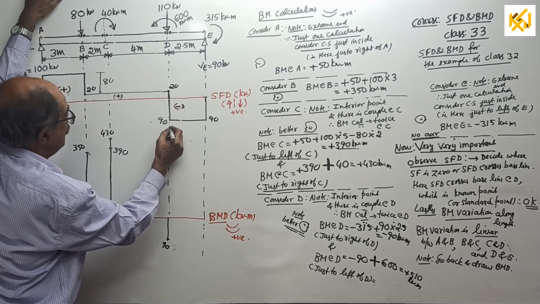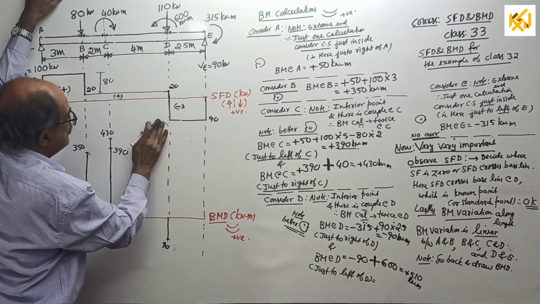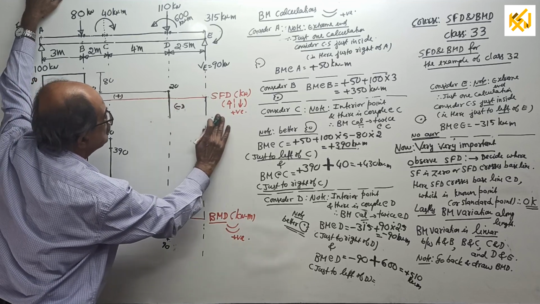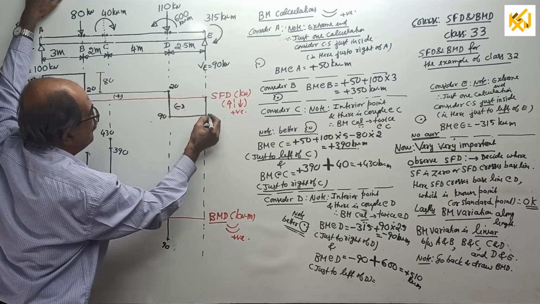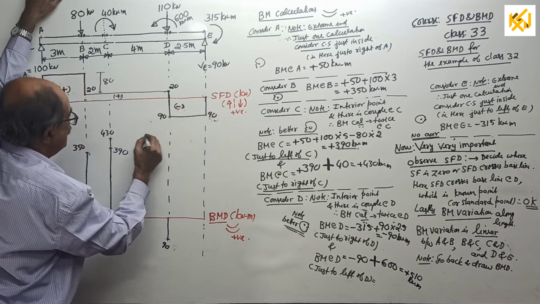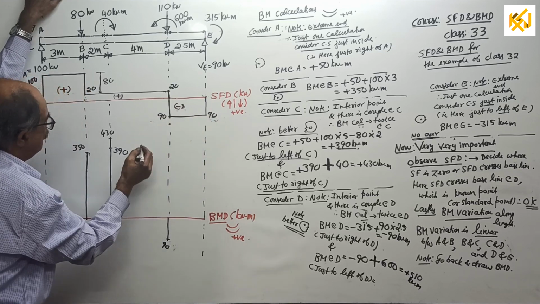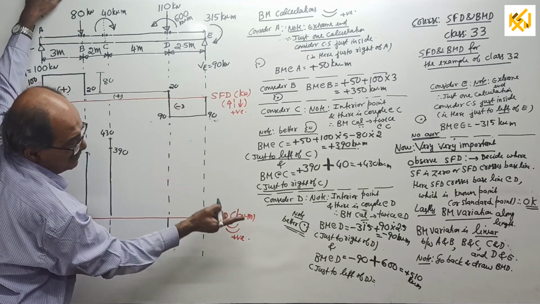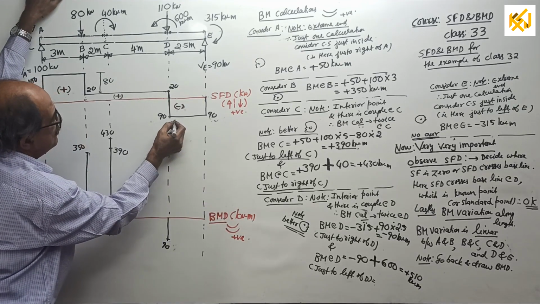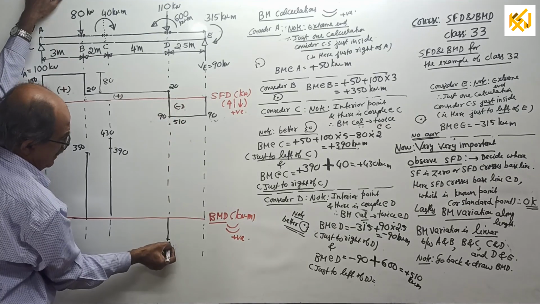Oh, space problem. I will try to go. That 90 I will remove. I will slightly reduce this one. Why? Space problem. Sorry SFD, you are slightly modified. Okay, at least here, what to do? Further not possible. How much is it? Where is it? 510. This is 510. And one more is minus 90.